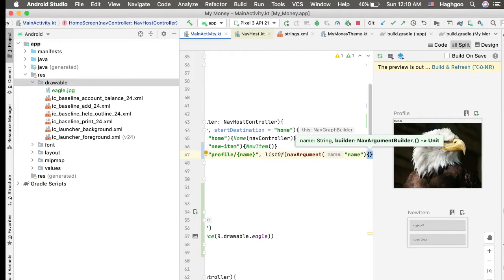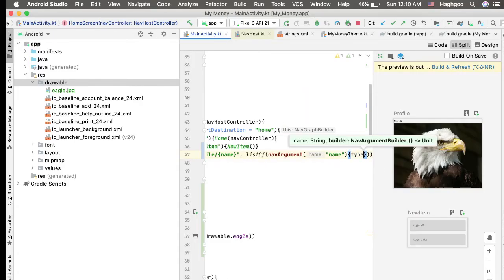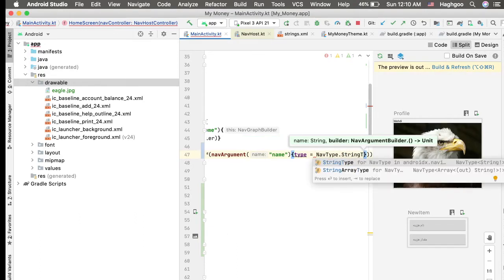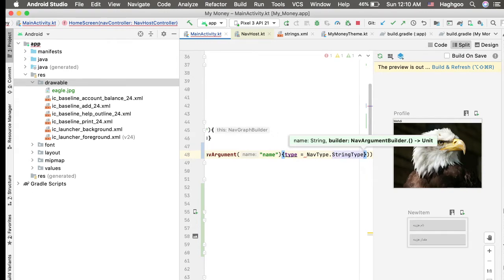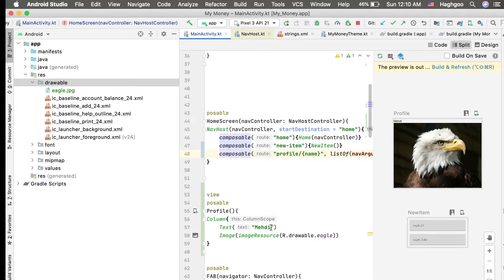Yeah, the builder part is actually a composable, is a lambda, and a lambda you can specify its type. Its type is going to be nav type, string type. Okay, this is the definition of our root, and when we want to call it,